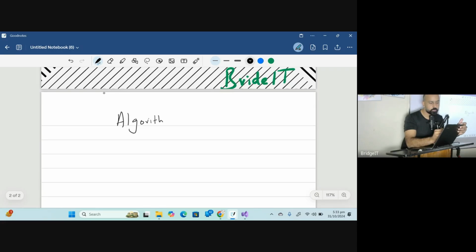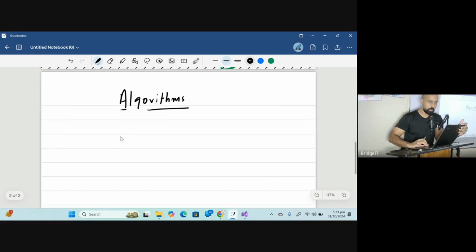Something for your copies, people. Let me make it a heading. Algorithms. We all know the definition of algorithms. Al-Khwarizmi, a Muslim scientist.